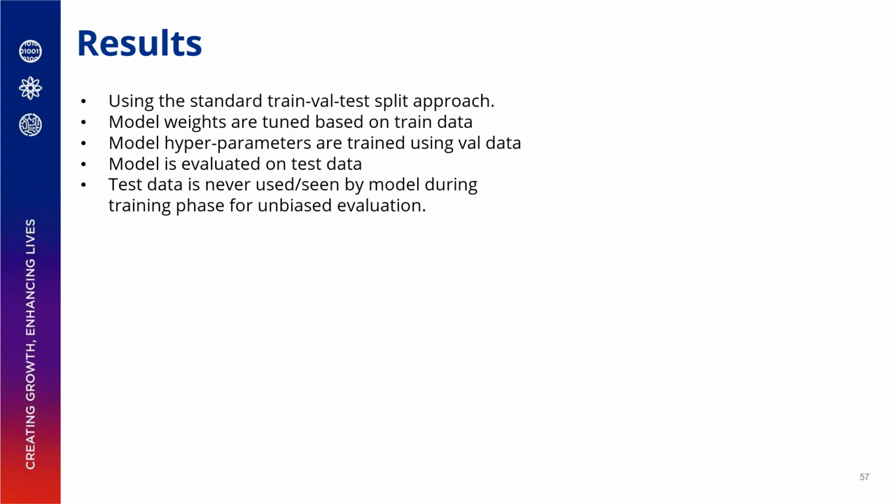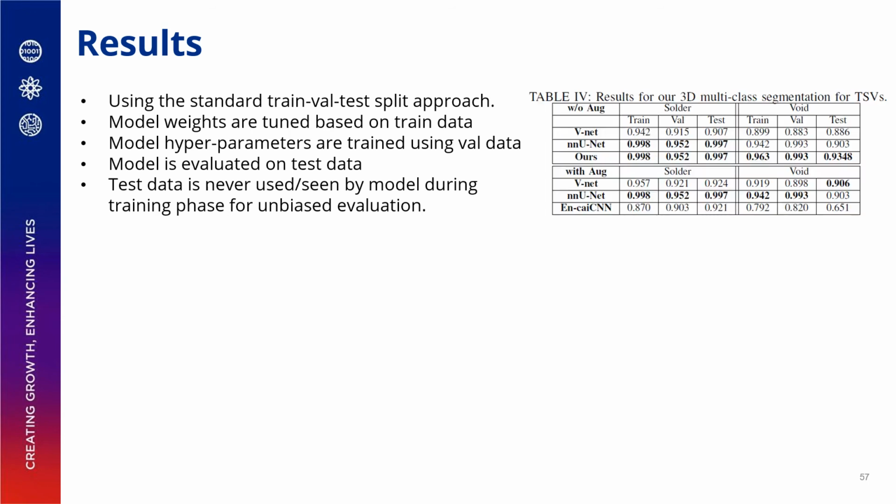So numerically, we basically use the standard split approach for train, val, test. Our model weights are tuned on a train dataset. The validation dataset is used for hyperparameter tuning, and the model is evaluated on this test dataset that is never seen by our model for training or validation. We're not showing all the results over here. However, we are quickly giving a summary of some results with augmentation and without augmentation for different